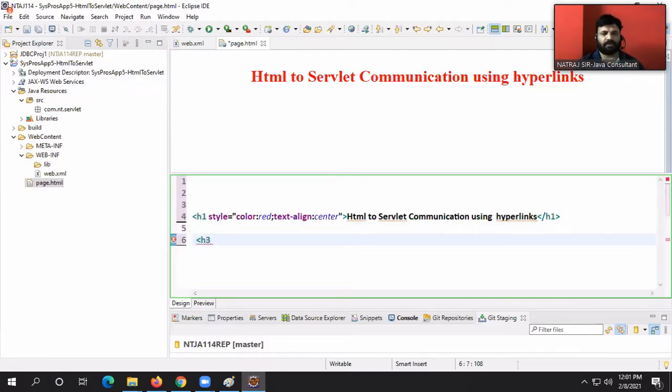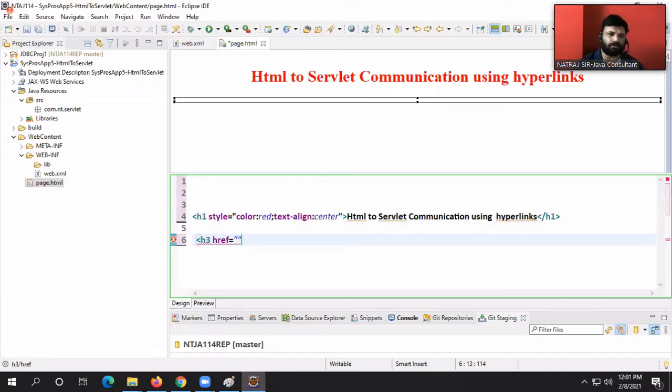H3 href is equal to, what is the request URL? The fetch system properties servlet will have some URL. Yes, localhost, port number. I think this Tomcat is running on port number 2525.